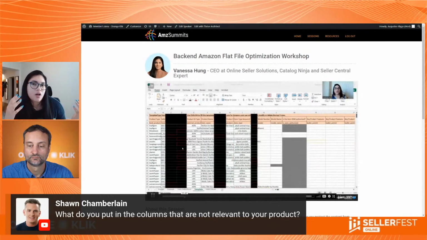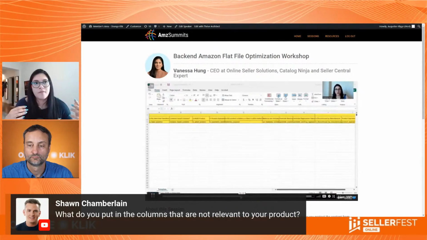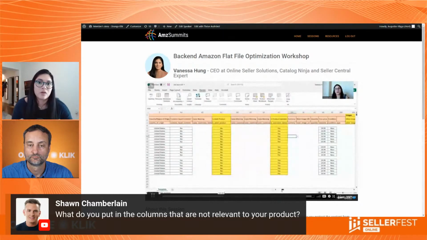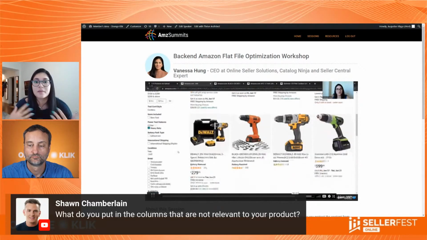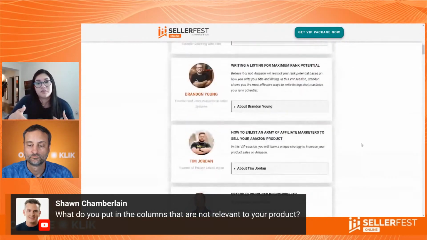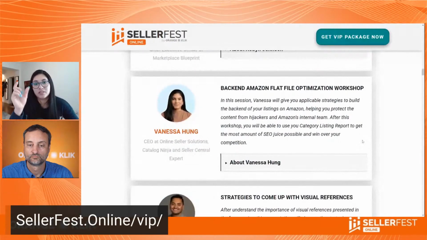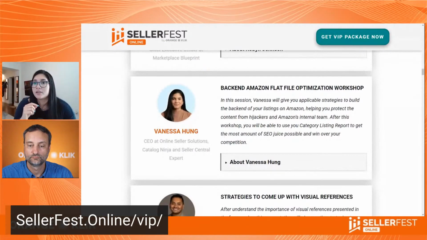So this is where you start being like a mad scientist and start playing with it. And I'm very confident with flat files, so I allow myself to play with that because I know that I'm not going to break anything. But if you watch the video, you will find the columns. Actually, I give it to you, like there is the code and everything, and how to use them. So I don't discard anything, to be honest. That's the level that I am right now of using and playing and protecting and optimizing.